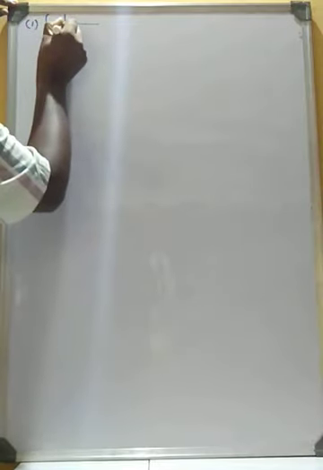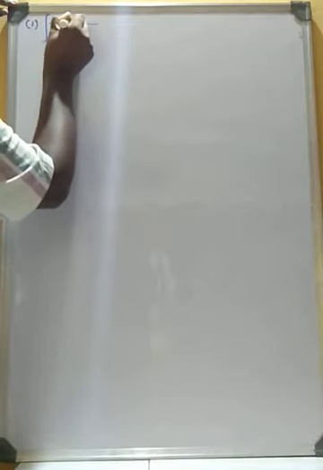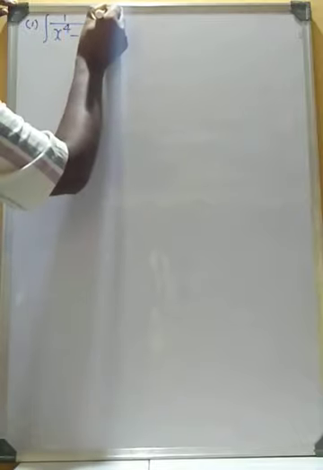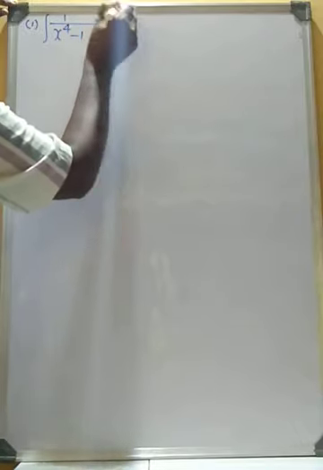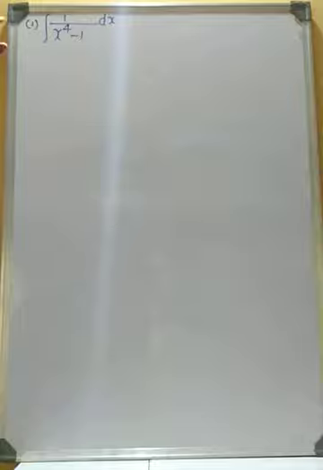Students, in the last class we discussed integration by partial fractions problems. In today's class also we shall continue those problems. Example 1. Find the integral of 1 divided by x to the power of 4 minus 1, into dx. So find the integral of this function.